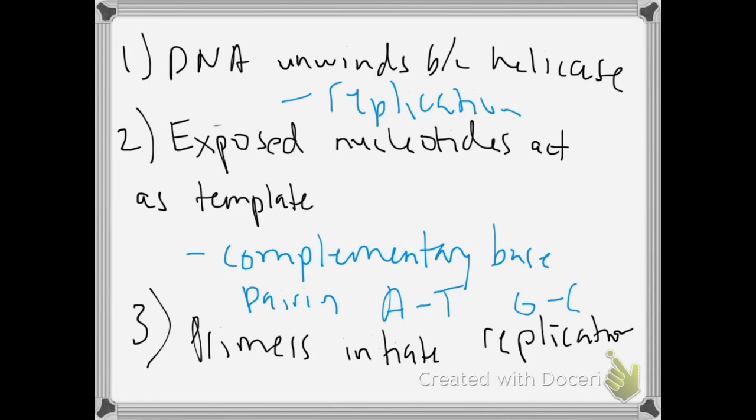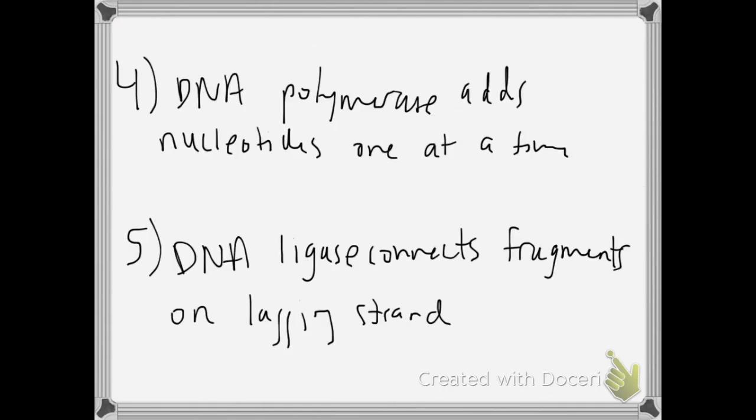We know that we have these exposed nucleotides. So on these exposed nucleotides, something called a primer is going to bind. Okay, a primer is going to bind to it. And it's going to lay down some nucleotides. And then our friend DNA polymerase, and if you want to break up this word, this says ase, that means it's an enzyme. And polymer, if you remember whenever we said that a